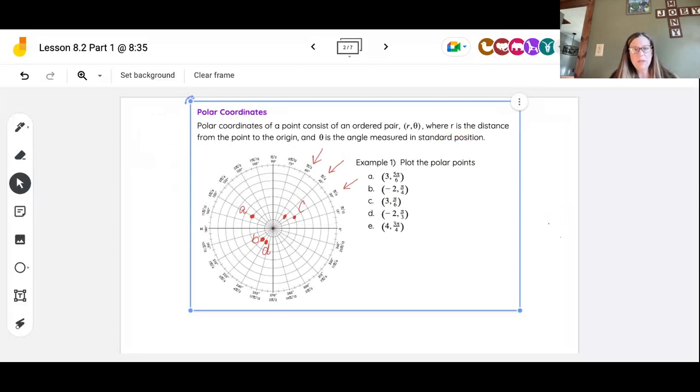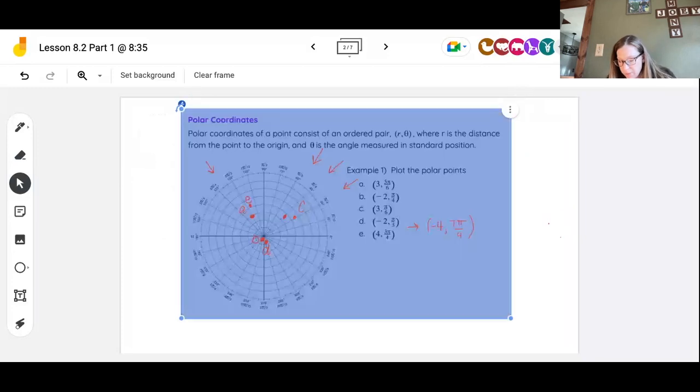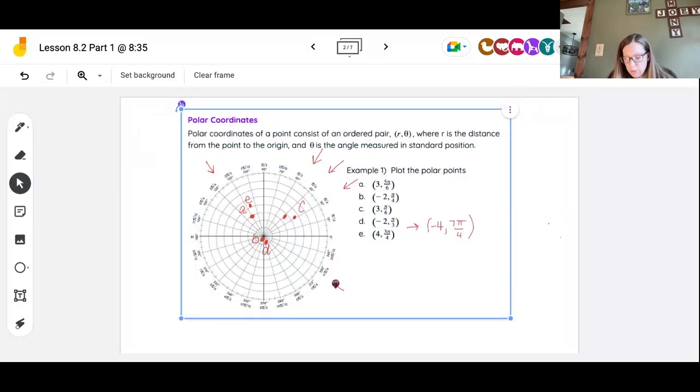And then E, of course, we've got 3 pi over 4, which is 135 degrees. And then we're going to go 4 rings out. 1, 2, 3, 4. However, we also could say that this value could be the same as -4, 7 pi over 4. So if I were to plot 7 pi over 4, which is here, and instead of going 4 units,